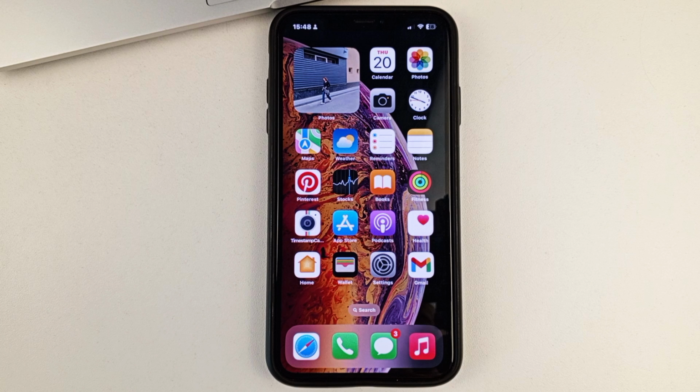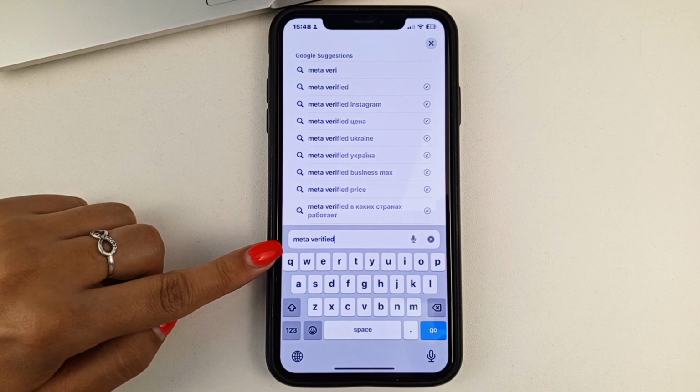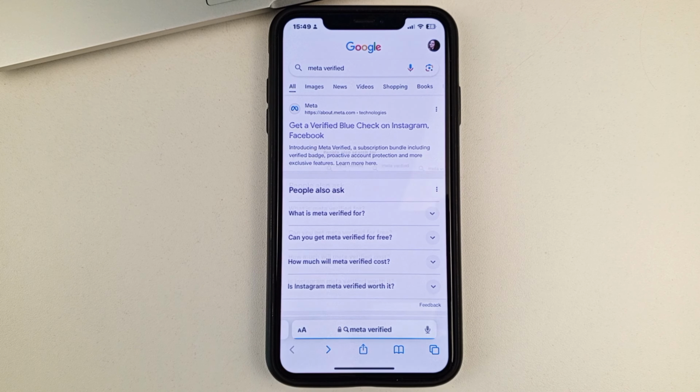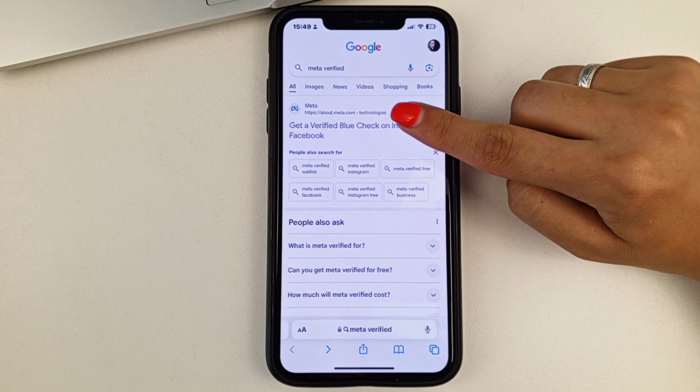And let's you and I get started on this topic. You will need to open a web browser, in my case it's Safari. And then you're going to need to drag this text and then click on it. And now in Google, open the very first link that you will have.